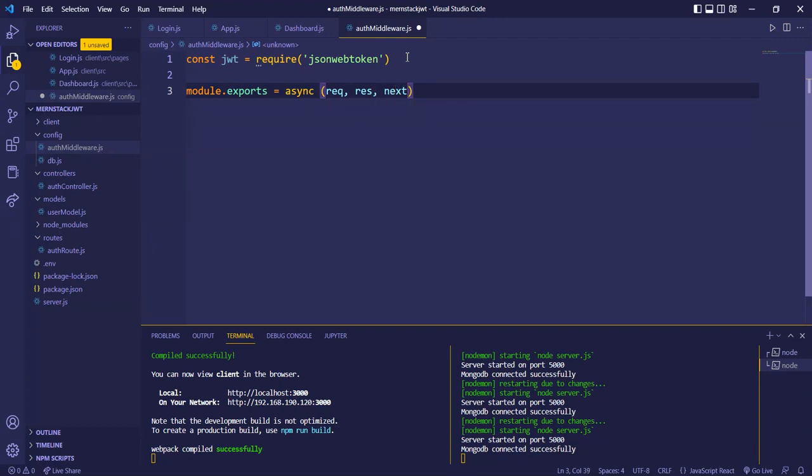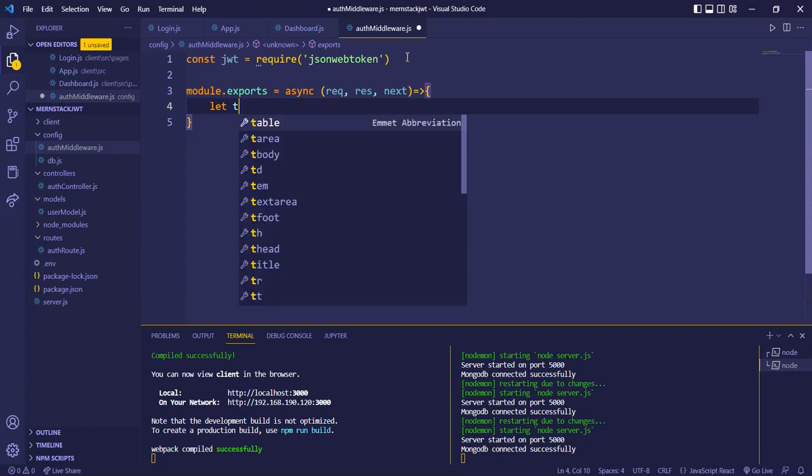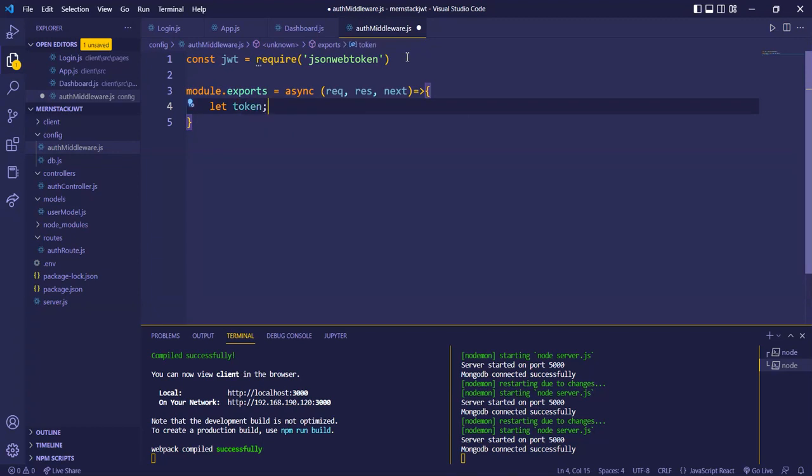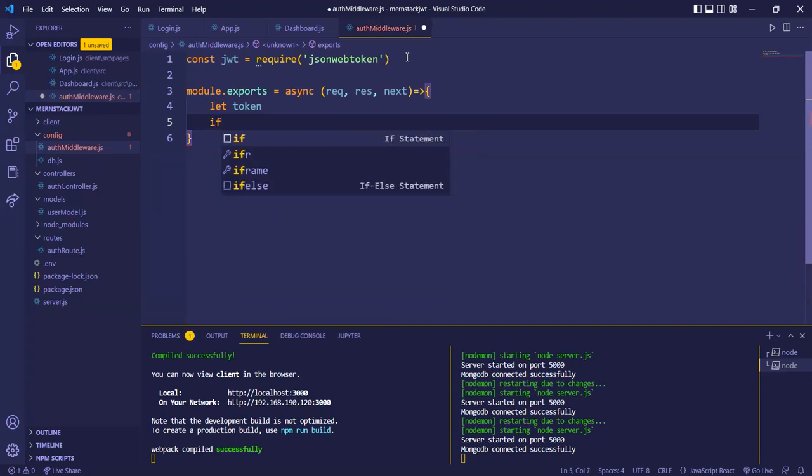Here next is nothing but we are telling our function to proceed to the next function or the next line of the statement. This is obviously going to be an arrow function, and first we'll create a variable called token, and we'll check if